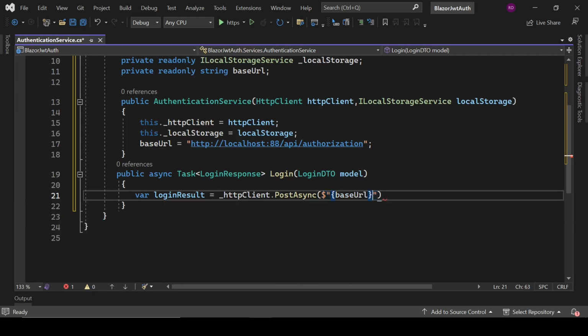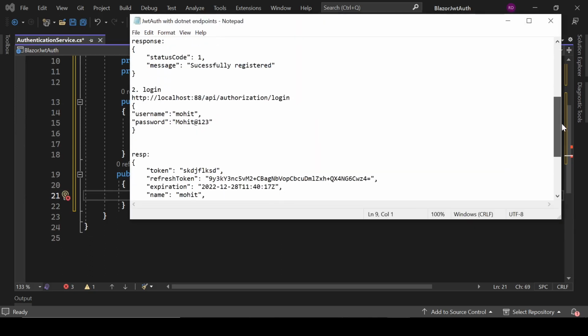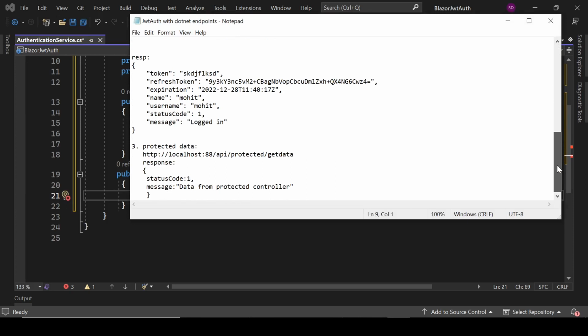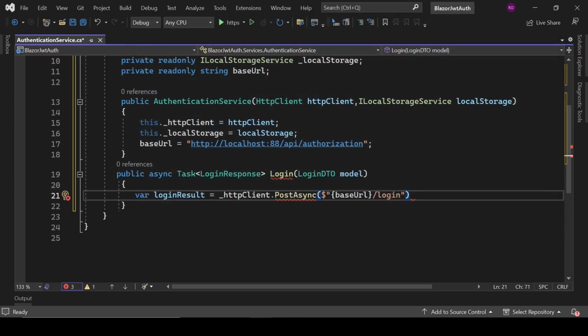Okay, and now slash login, I guess that's the correct one. So here it is, slash login. Okay, comma,